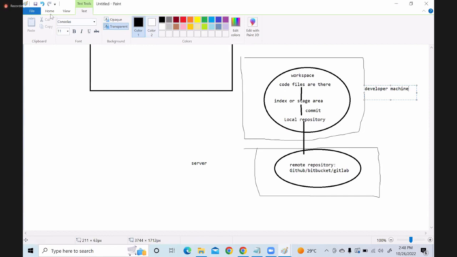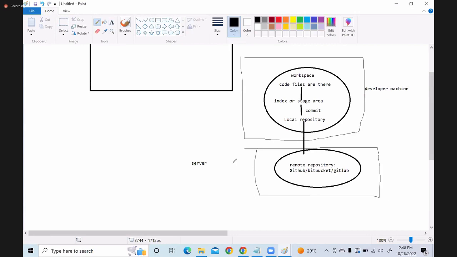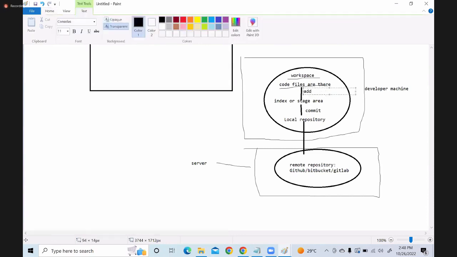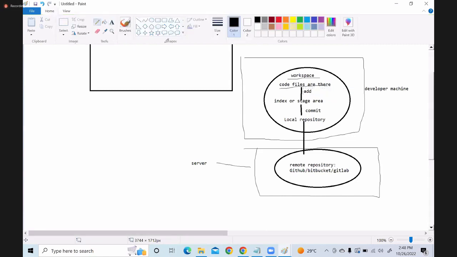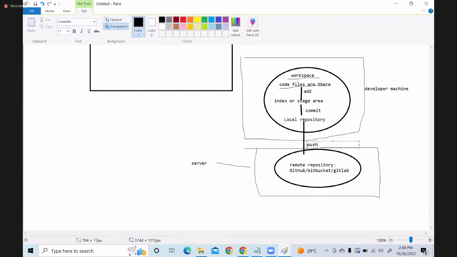So the workspace is where your code files are. Then we add that to the index or stage area. I'll tell you what this is. From there we commit to the local repository, and from the local repository we push to the remote repository.